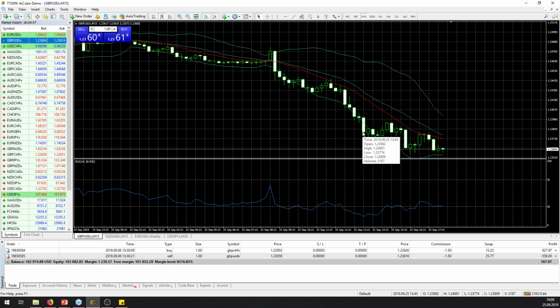Okay, so we have the open. It opened at 123.98. The highest it reached was 124. The lowest it reached was 123.77, and it closed at 123.80. Okay, and we can just flip that and turn it on its head, and the opposite with